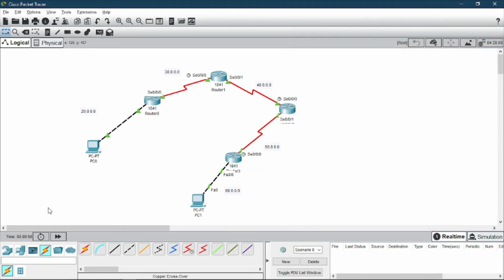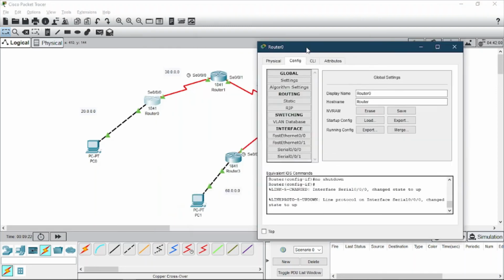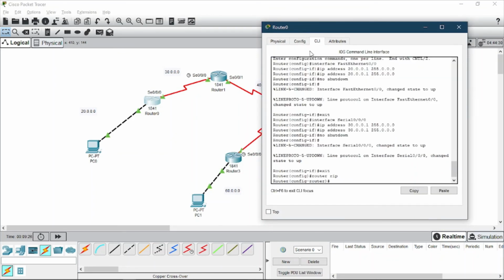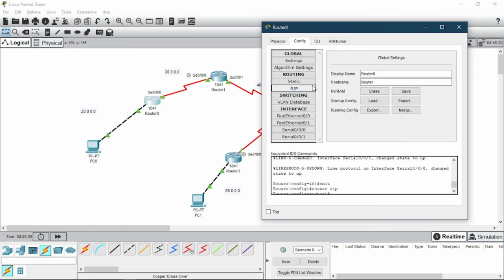Okay, now the configurations are done, but if you try to send a packet now, it will fail. The problem is that the routers are configured with IP addresses, but the routing table and other properties of routers will work only if you use protocols like OSPF or RIP. We can use RIP for ease, as it is built into Cisco Packet Tracer, here under Routing, RIP. Otherwise, for OSPF we have to use commands in the CLI. Either routing protocol is okay for transferring the packets.